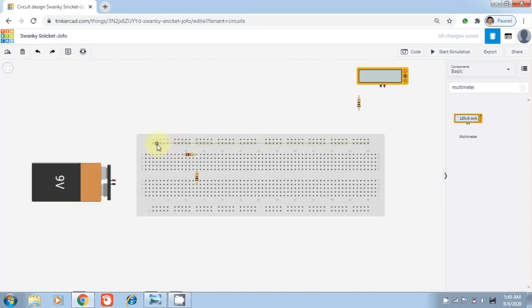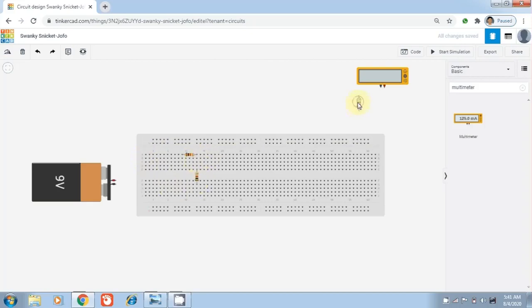As you see onto the screen, we have green color lines. These lines show that these are horizontally shorted, and these green lines show onto the screen that these are vertically shorted. So in order to make a closed circuit, we connect these resistances like this.